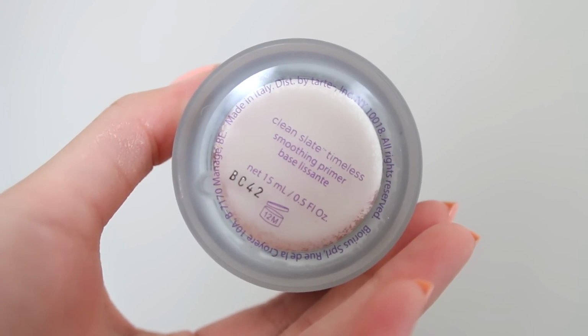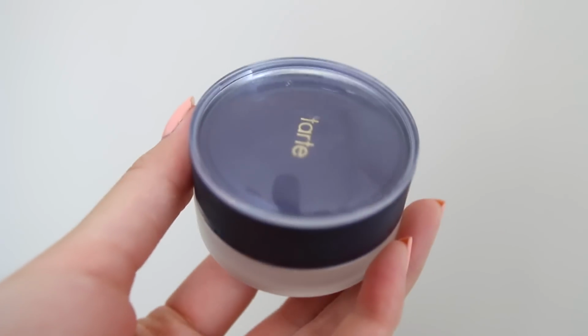After I moisturize my face, I like to prime it, and I've been using this primer lately. This is the Tarte Clean Slate Timeless Smoothing Primer. It's like a silicone-based primer. You guys know me, I like to wear primers that are very silicone-y so that it fills in my pores,